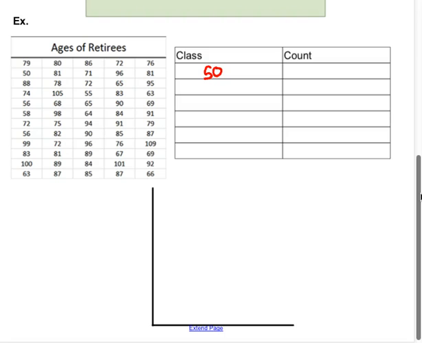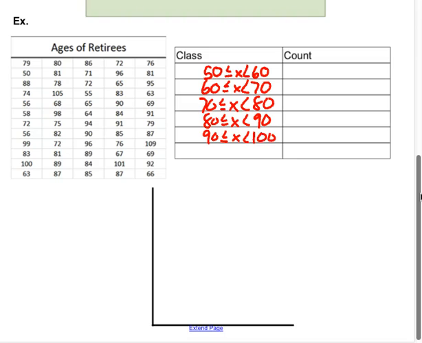from 50 up to not including 60. Okay, then I'm going to go from including 60 up to 70, including 70 up to 80, 80 to 90, 90 to 100, 100 up to 110. So notice I have to be very clear that here, if I have 60, a value